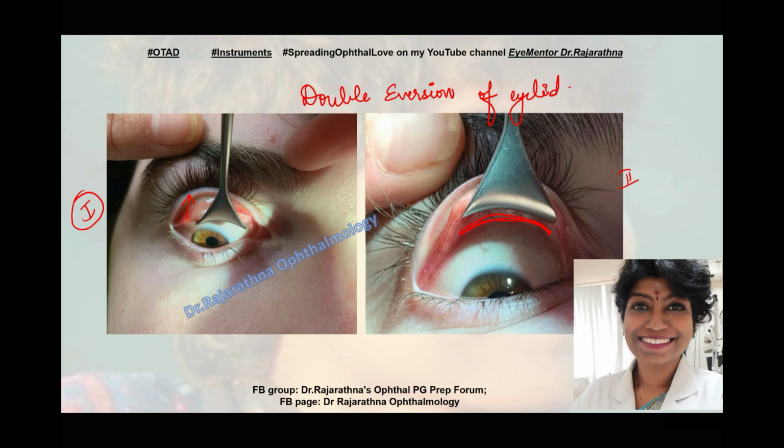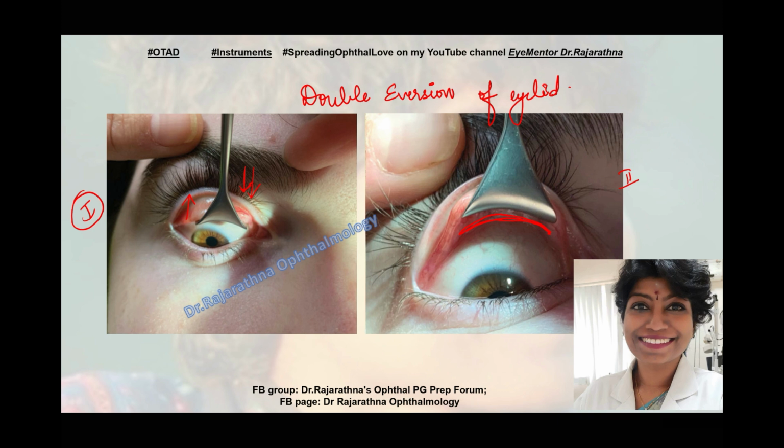So it's very, very useful if you're looking for any foreign body in the fornices, or if you want to flush out the chemical particles or anything that is lodged in the fornices when you're doing the irrigation. Yes, it's very, very useful. It's not just in double eversion, even for a single eversion it's useful. Single eversion can be done when you place the Desmarres retractor on the skin side and evert it once. It's easier. You can do it using just an ear bud, or if you have a Desmarres you can use that.